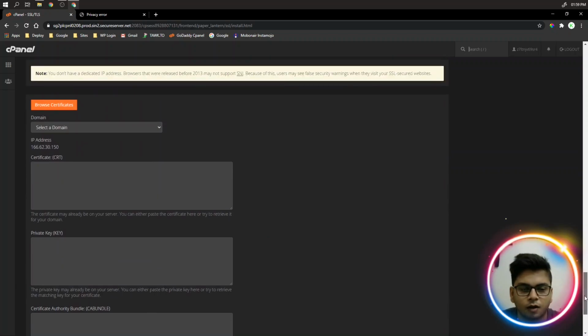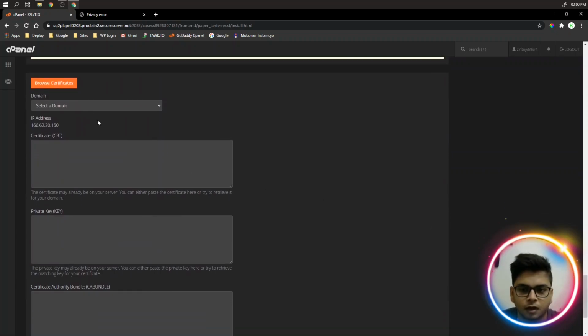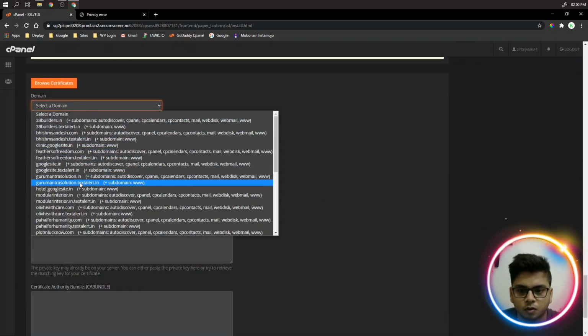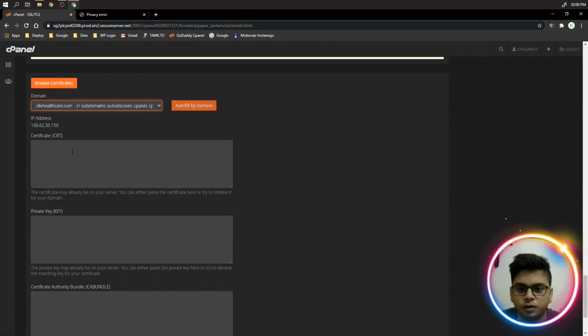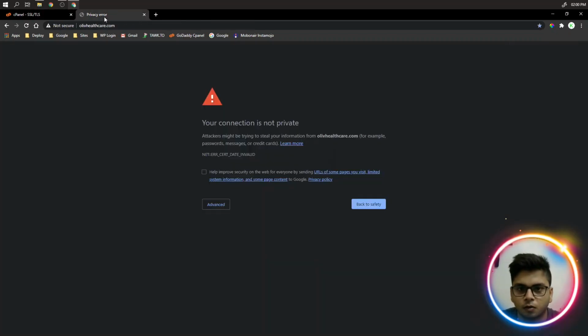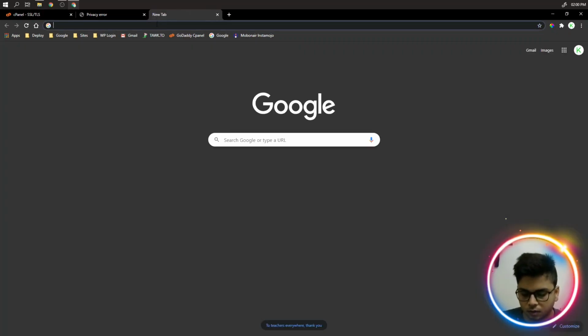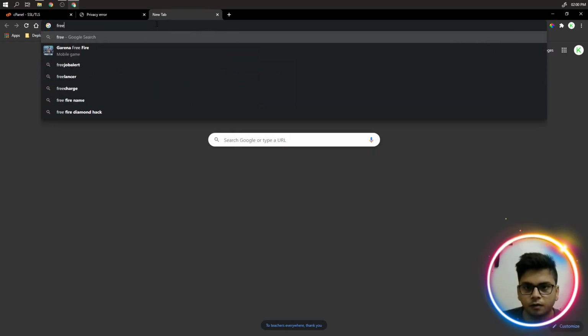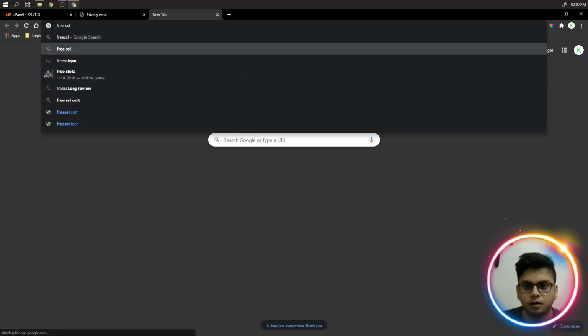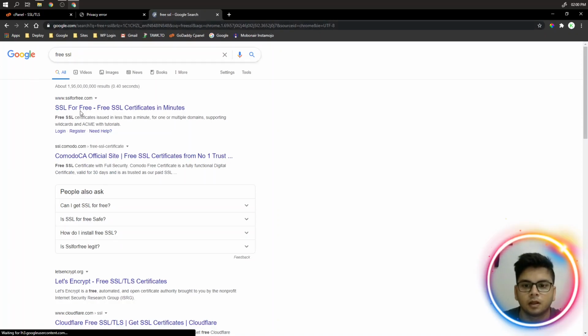Okay, now just go to this Olive Health, so choose the domain name onto which you want to install the SSL. Now I will go to SSL for Free.